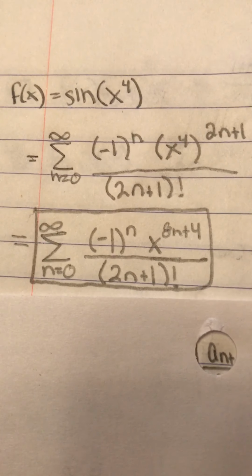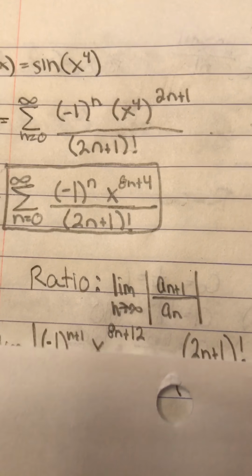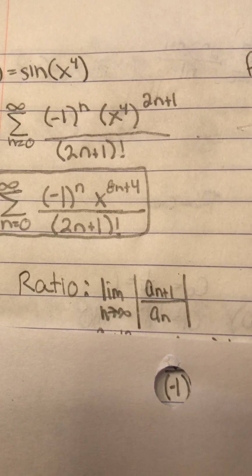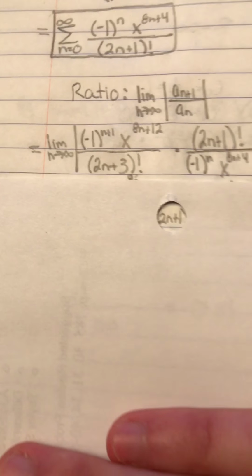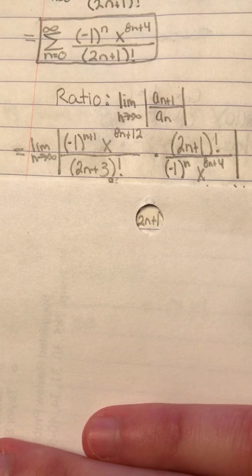Now we still have to find its radius of convergence, so we use the ratio test, which we know is the limit as n approaches infinity of the absolute value of a sub n plus 1 over a sub n. Now doing this, we wind up with the limit as n approaches infinity, absolute value of negative 1 to the n plus 1,